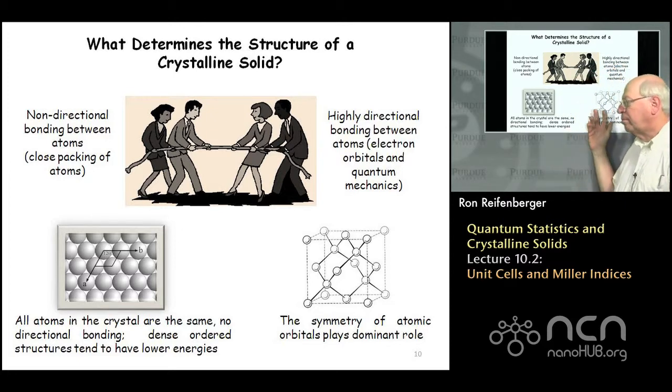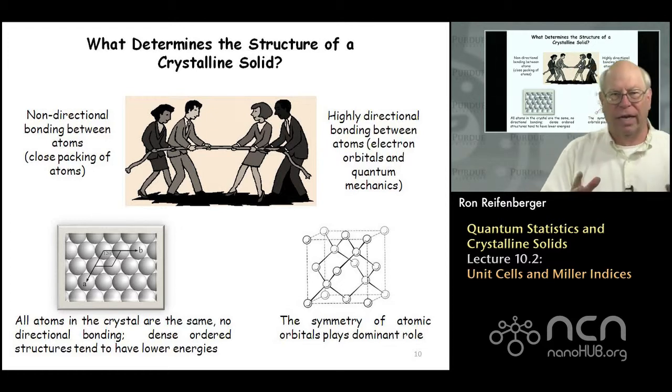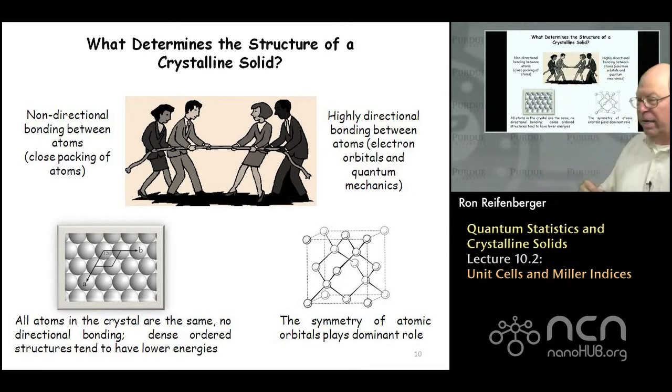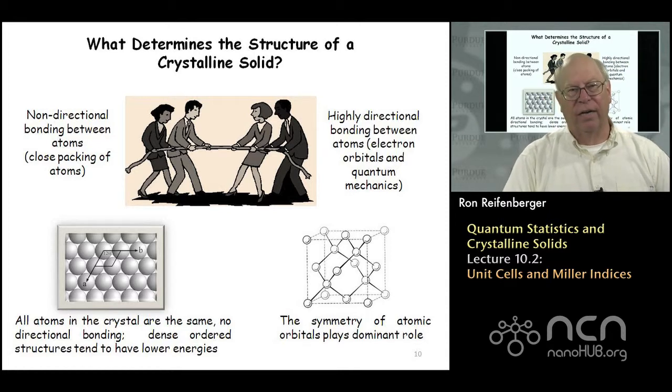This highly directional bonding determines the crystallographic structure of elements like silicon and germanium, which tend to be semiconducting, right? They crystallize in structures that are basically determined by the shape of the electron orbitals in the outermost energy shells